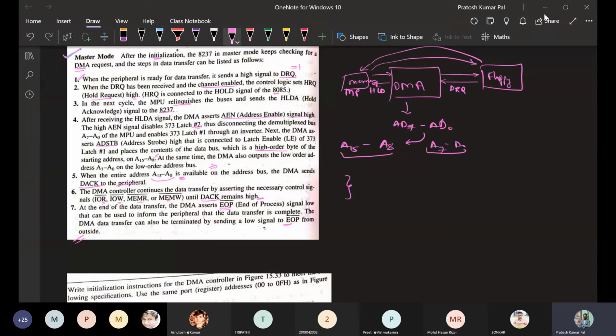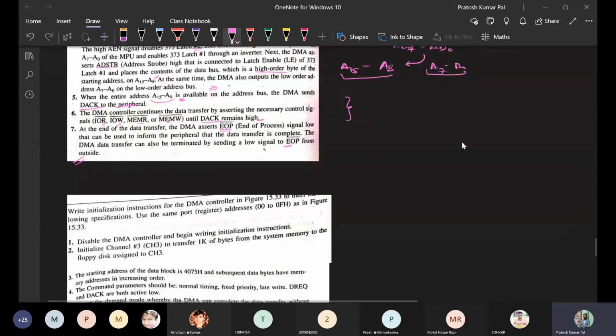Once the microprocessor has no role and only the DMA controller performs the operation, that will be considered the master mode. Otherwise, if the DMA controller is receiving the data from the microprocessor, then that mode will be considered the slave mode. So if we are going to take the help of DMA, the first step will be slave mode.